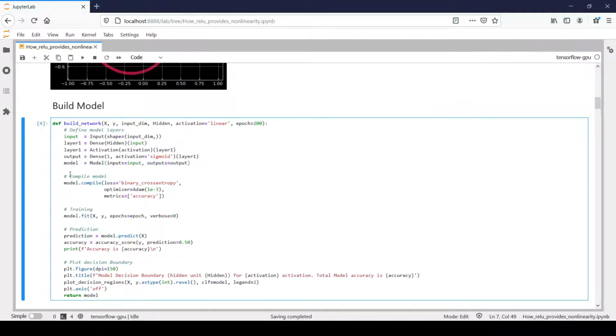And next, we'll take this model and compile it with the help of model.compile. The loss which I am defining here is binary cross entropy because it's a binary classification problem. And the optimizer function which I will be using is Adam. And in brackets, I have defined the learning rate for the Adam optimizer. The metric which I will be using is the accuracy metric. Right? So that's what I have done as a part of compiling the model graph.